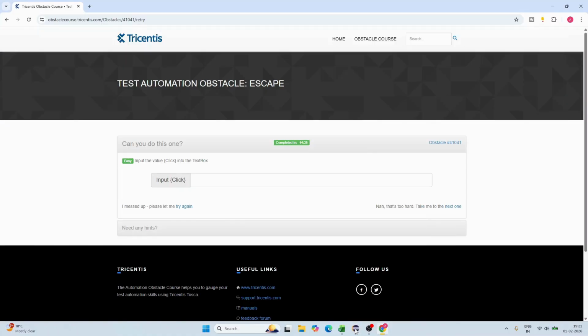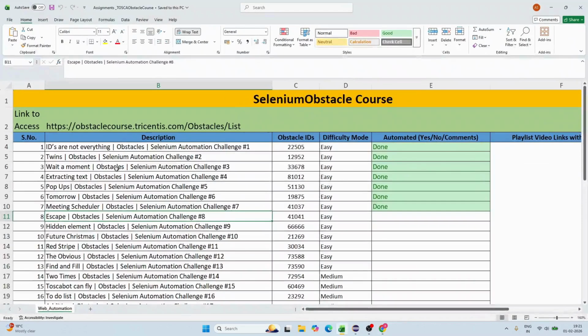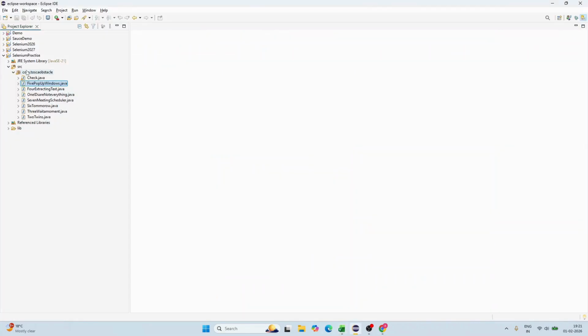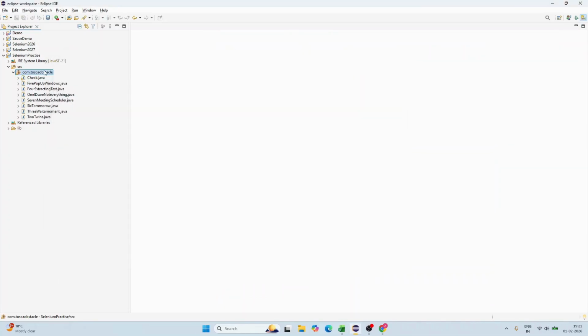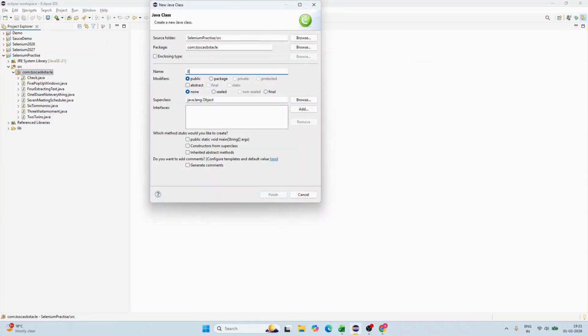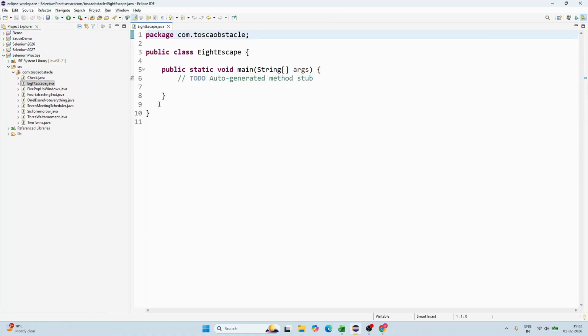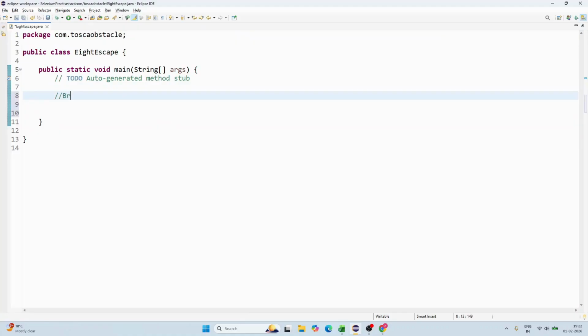Okay. So this is our eighth problem statement and the name is escape. So let me jump to Eclipse and I'll quickly create a class 8 escape and I'll select public static void main. Basic browser launch. I'm going to do here